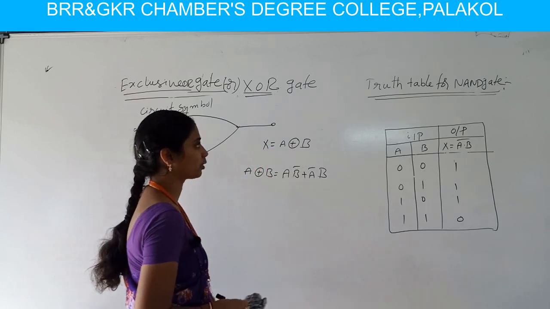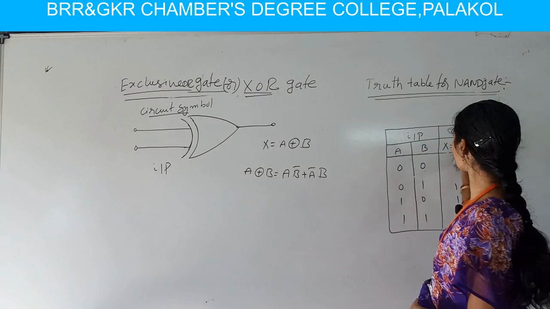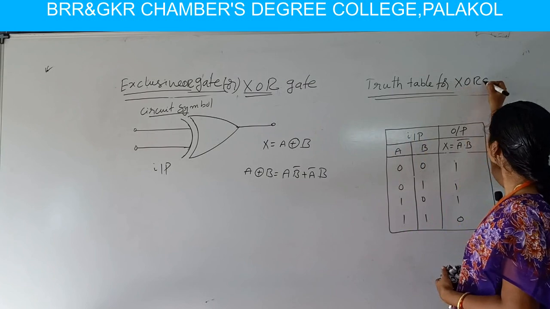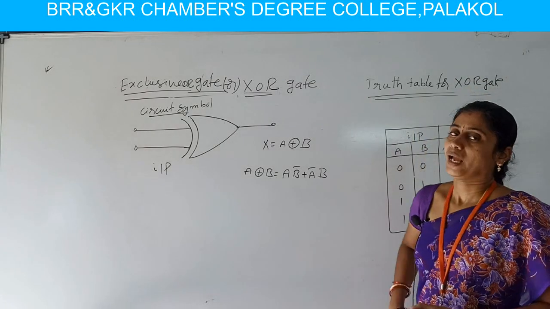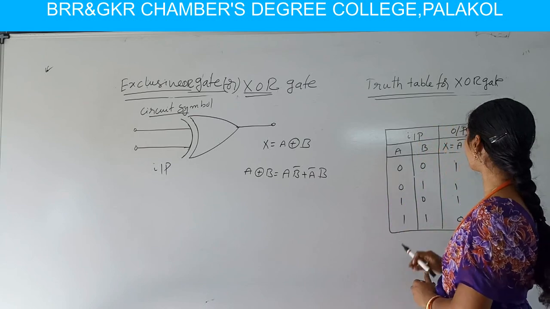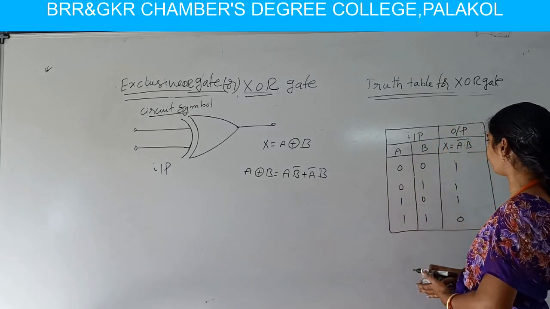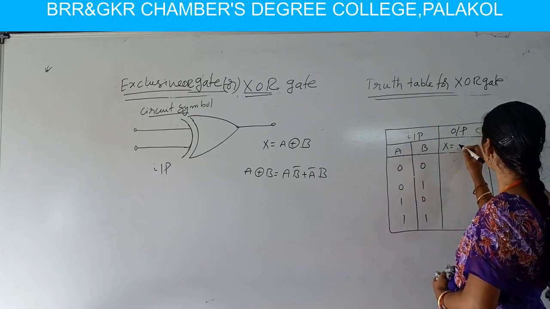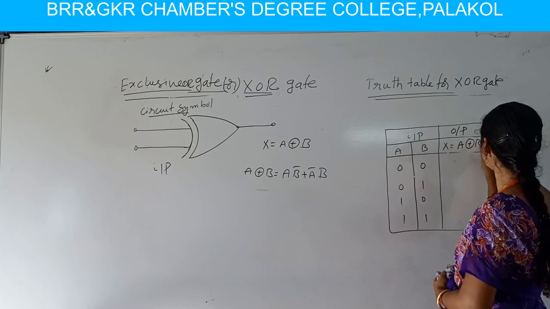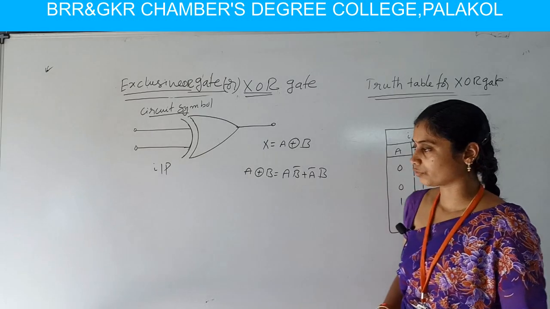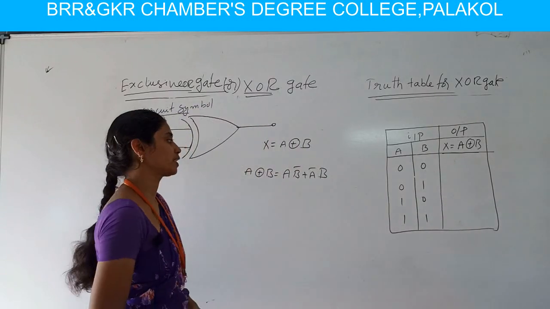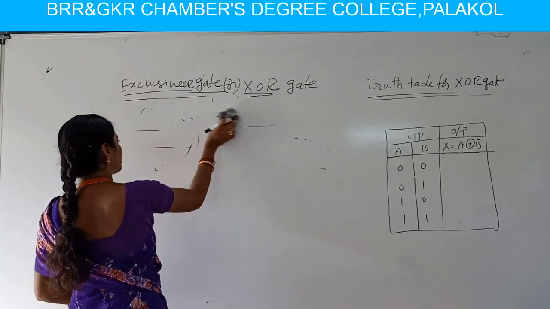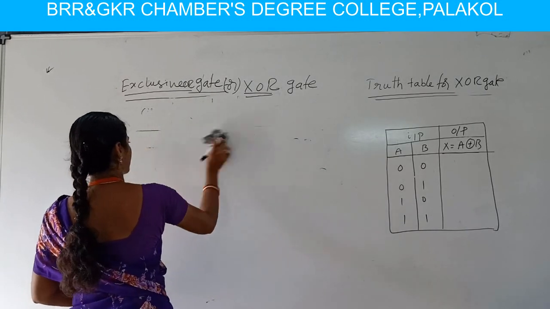So the truth table for exclusive OR gate, which is XOR gate, is as follows. Here, for explaining, we use 4 cases, the binary numbers 0 0, 0 1, 1 0 and 1 1. We write down the final result here. First we do the mathematical calculations for A encircled B, which is A B bar plus A bar B. After doing those 4 cases, we write down the final result for the truth table.